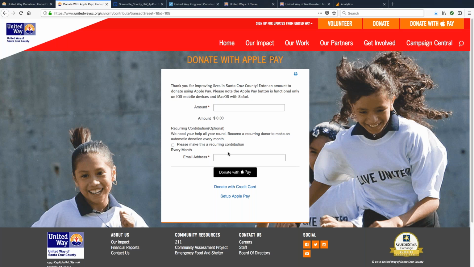Our system requires an email also, because in our Civvy CRM system, the identifier for each person is an email address. So you'll have the two fields, but that's it. This is super quick and simple from your phone or a mobile device, and having that quick Apple Pay donation will make it really fast. So I just thought I'd share those samples with you.